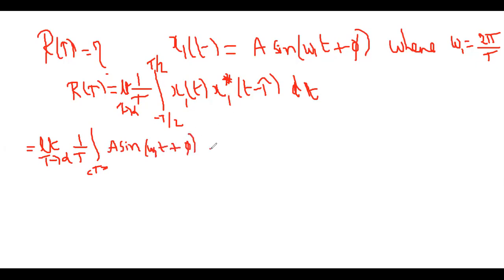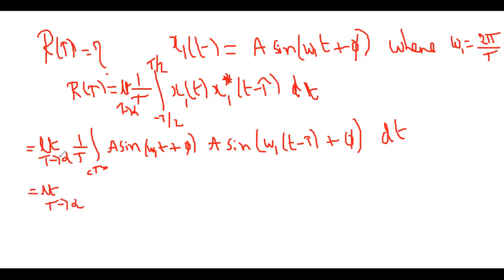And for the x2, not the second one, x1 star, it is A into sine omega 1 into, what is the t here? The t is now the omega 1 only, my students. Omega 1 into t minus tau plus 5 into dt. What is A into A? It is A square. So limit t tends to infinity. I'm writing outside of the integral A square by T and the integral T